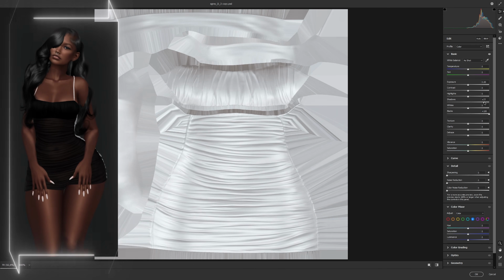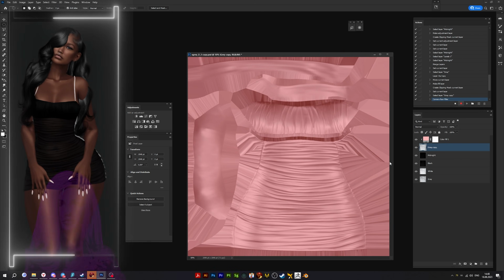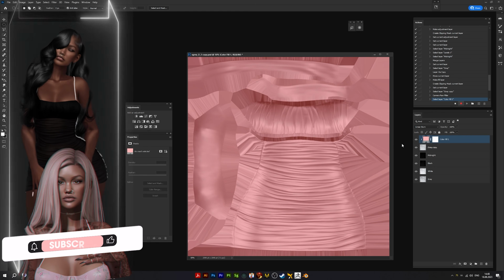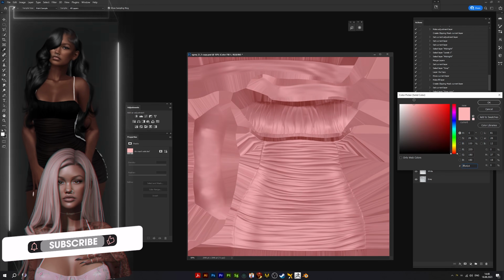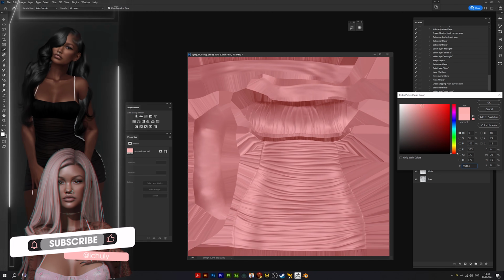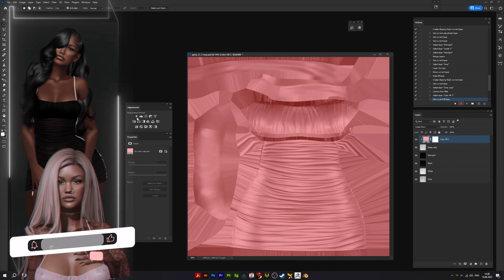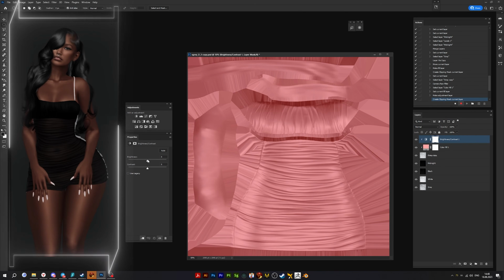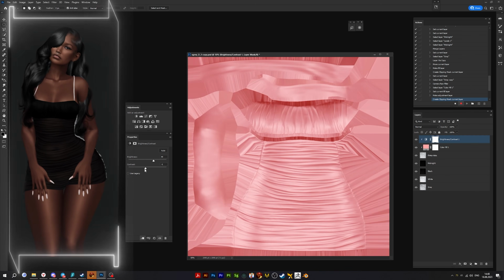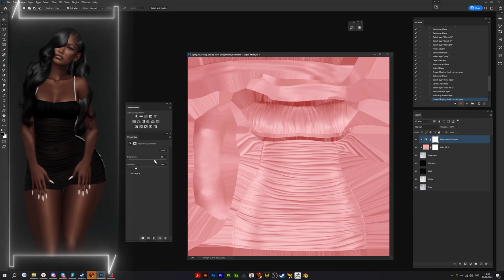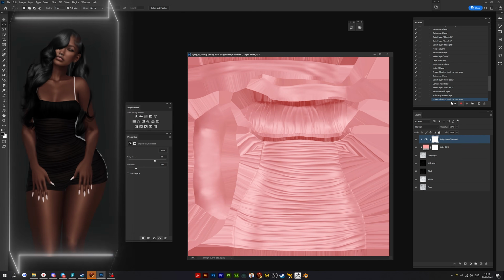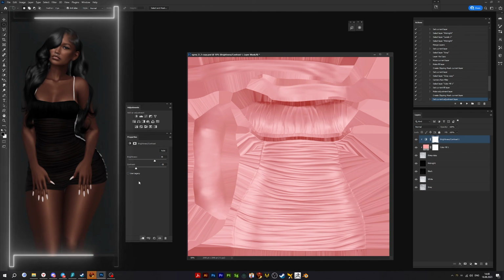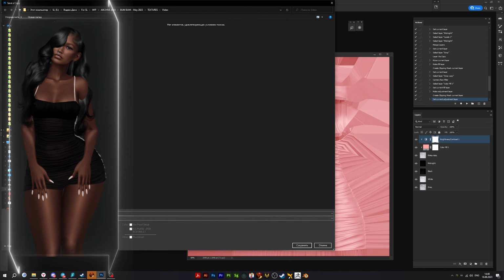Just shadows. Yes. Okay. And after I picked the right color for my pink one, maybe add some brightness and contrast to adjust the brightness like this. Stop recording, save, and see how it looks.